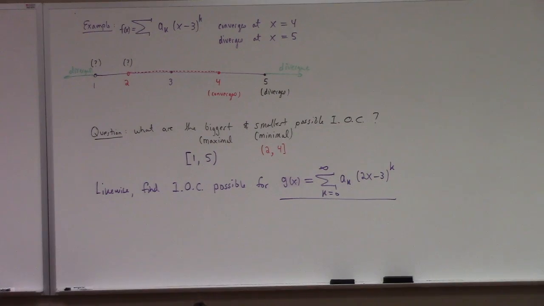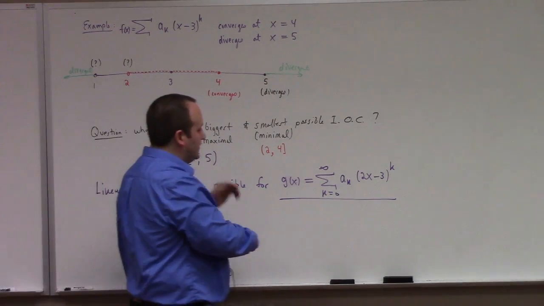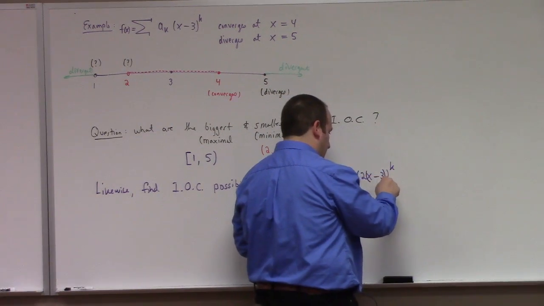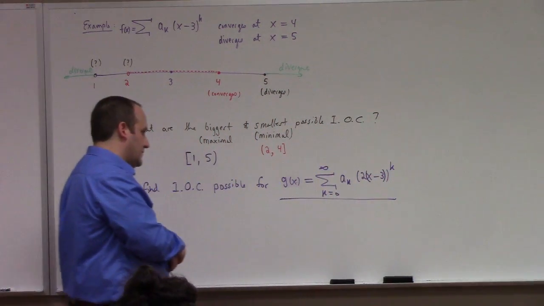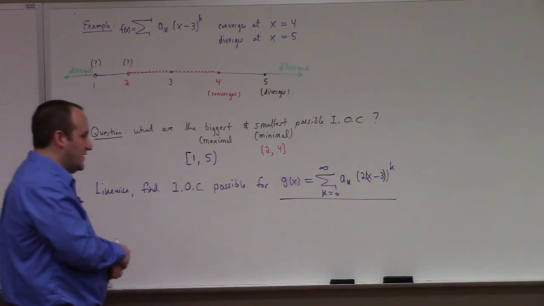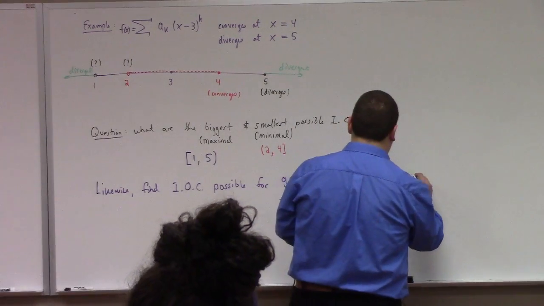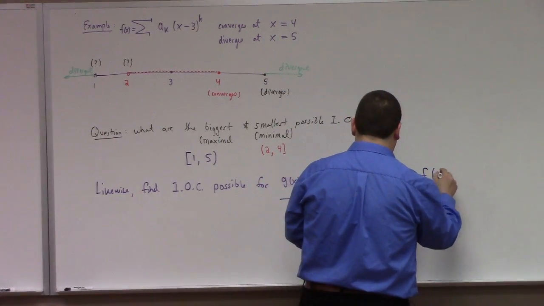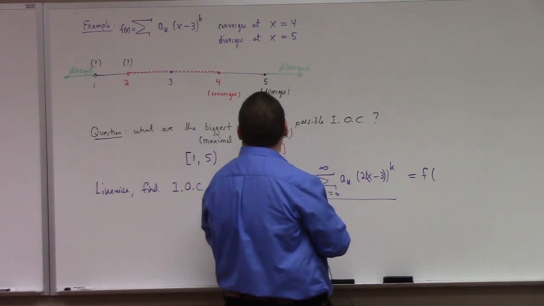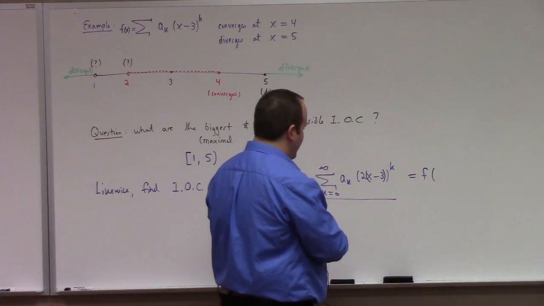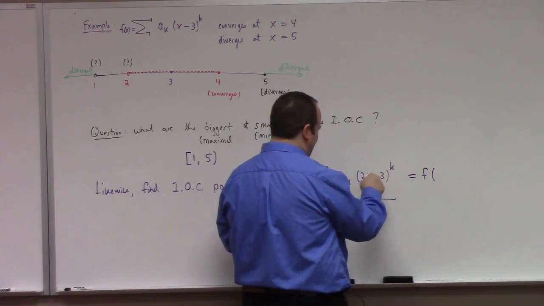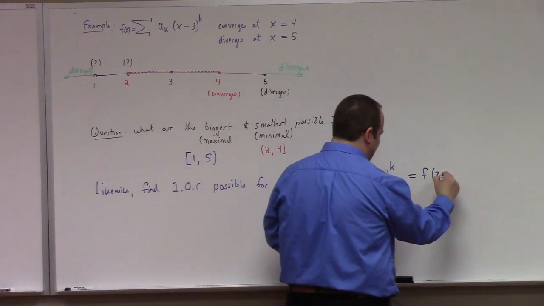Let me make it slightly easier. Let's say it's, let me put some parentheses in here. That'll make it a little bit easier, right? The reason that would be slightly easier, this would be like, what would this be? This would be f of what? You say f of 2x. Oh, maybe I should go back. I'm sorry. I'll make up my mind eventually here, guys. Sorry. Now that would be f of 2x, right?